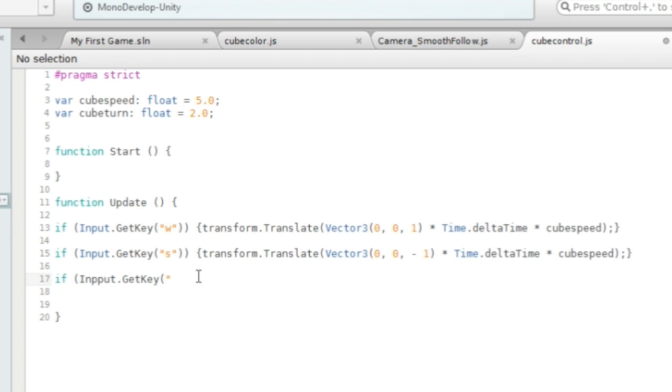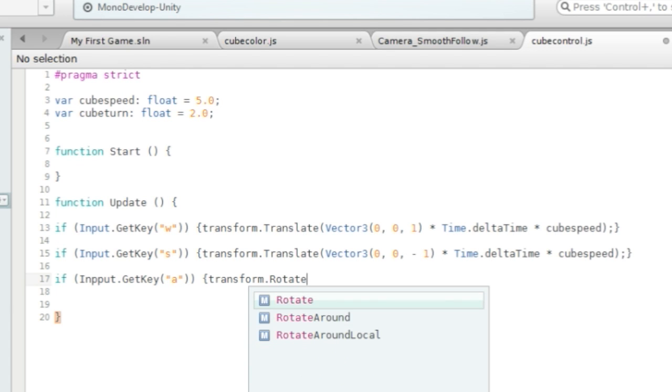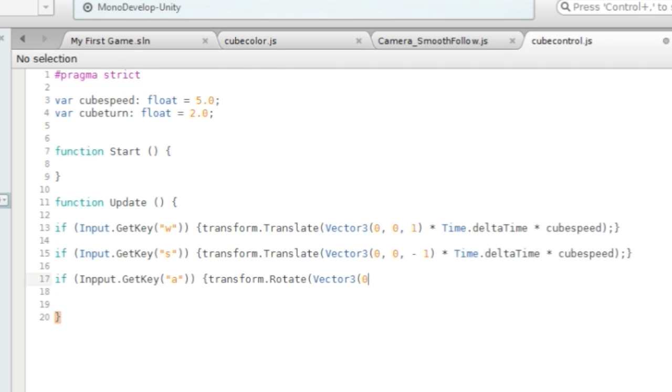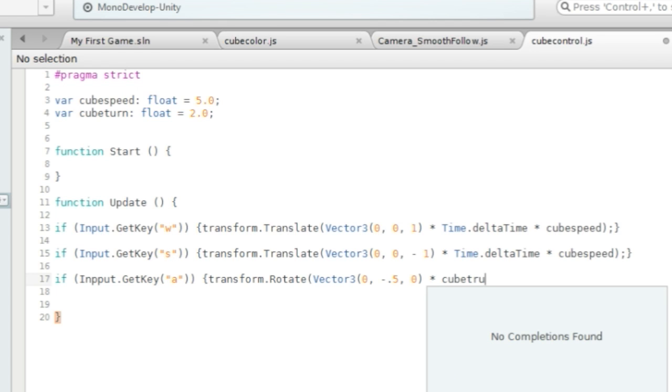("A", because this is going to be our left control) { transform.Rotate(new Vector3(0, -0.5, 0) * cubeTurn); }